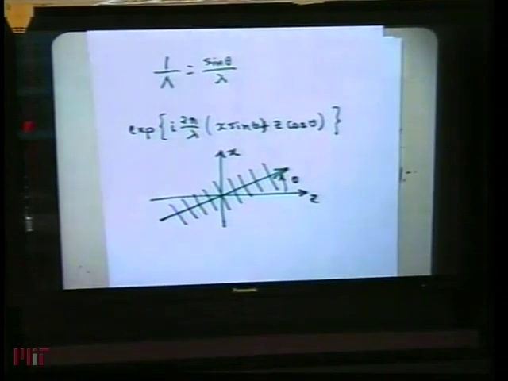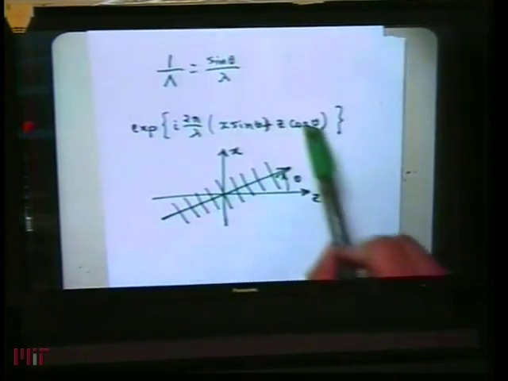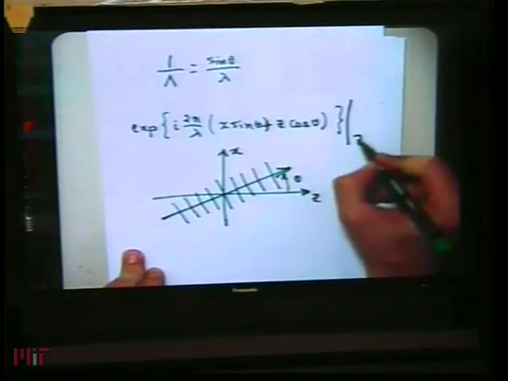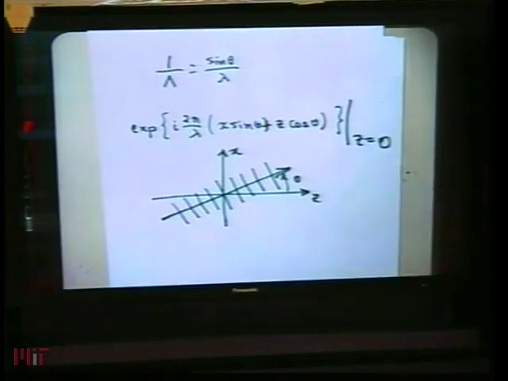Okay, this is what you will see if you go back into your notes by about 2 or 3 lectures. If you have a plane wave propagating in the direction of this arrow here, then the expression that I put above is actually the phasor for the electromagnetic field describing that plane wave. And if in addition we say that the grating is at z equals 0, which I can always do, I can define my axis so that the grating is located at z equals 0, then this term will actually disappear,